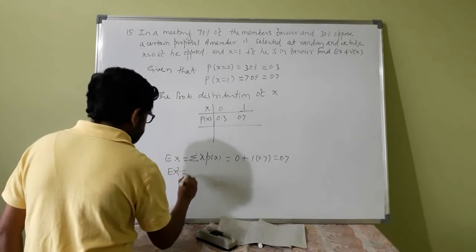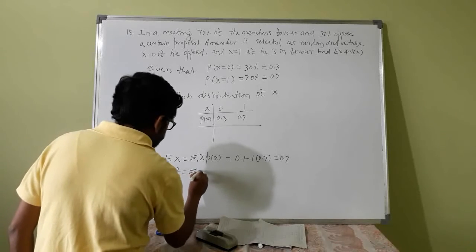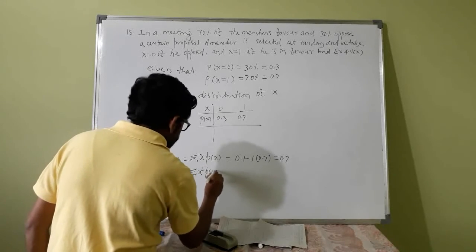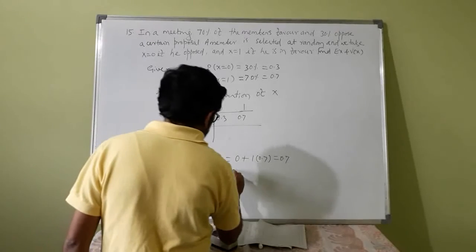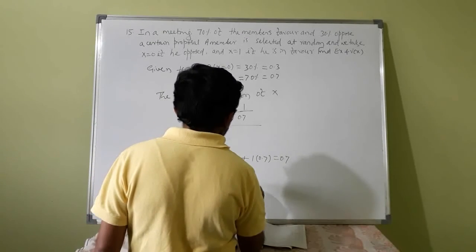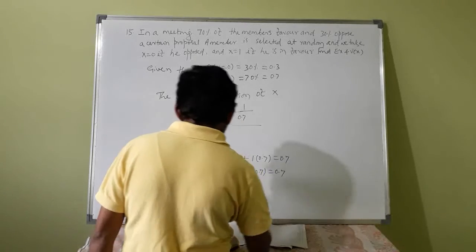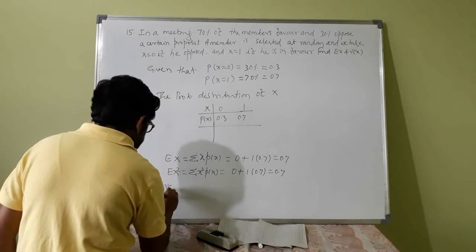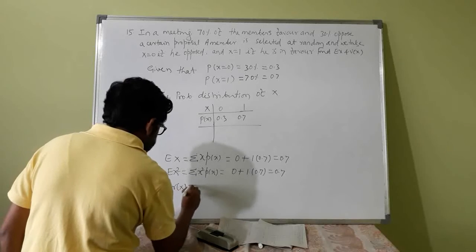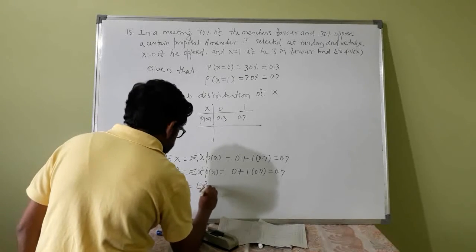Expectation of x squared is summation x squared p(x), which is 0 plus 1 squared into 0.7, that is 0.7. Variance of x is expectation of x squared